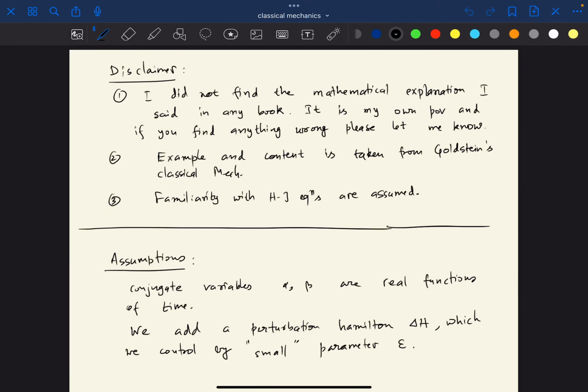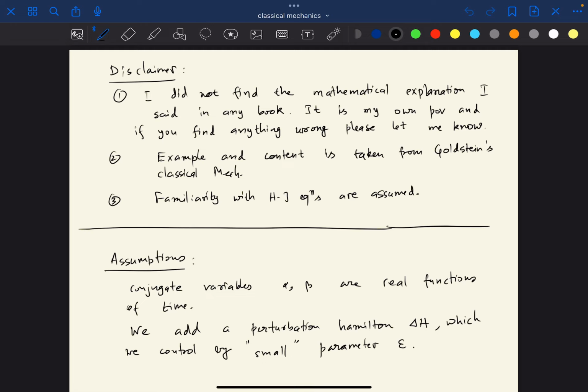So this will be a video on perturbation theory, time independent version. I would like to say something about the mathematical background of it and take up an example to illustrate my point. The illustration and the theory is of course taken from Goldstein's classical mechanics, but the mathematical background of preliminary